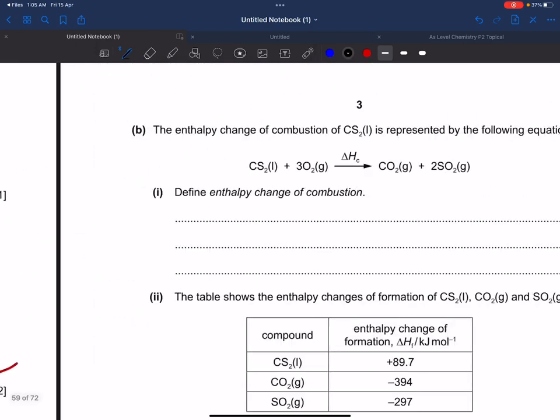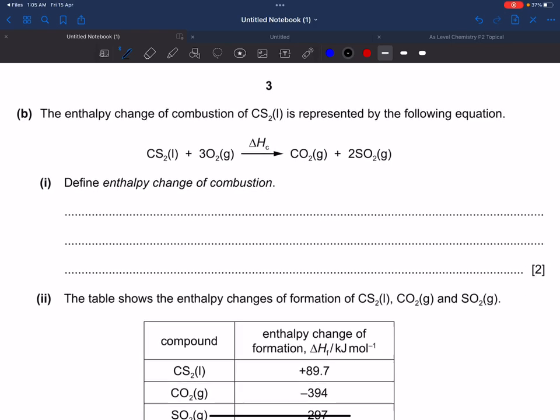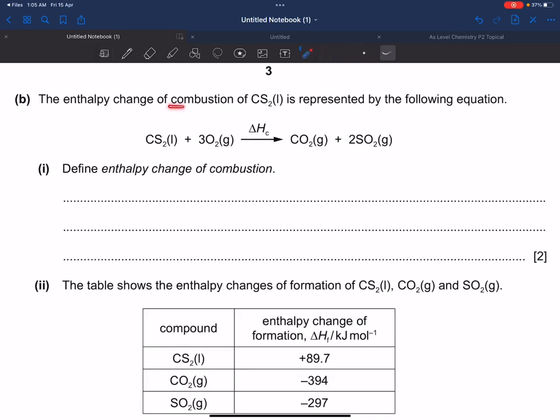Okay, now next part, B part. The enthalpy change of combustion. Remember, it's combustion. Combustion is represented by the following equation. Define the enthalpy change of combustion. This is very simple. So what you gotta write is, it is the enthalpy change